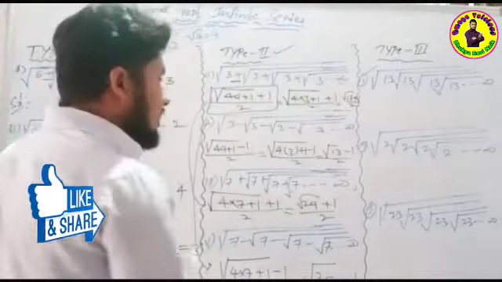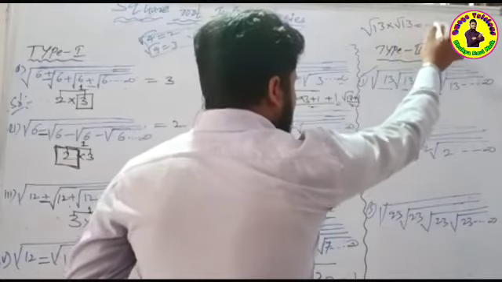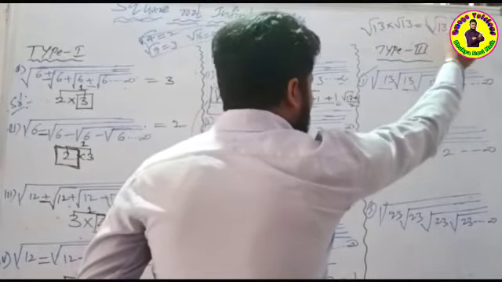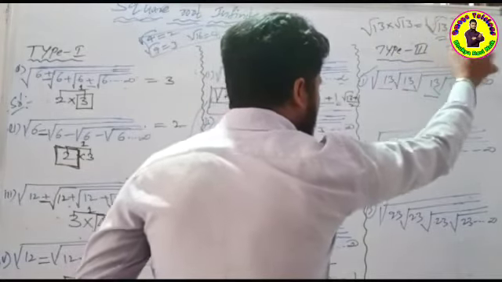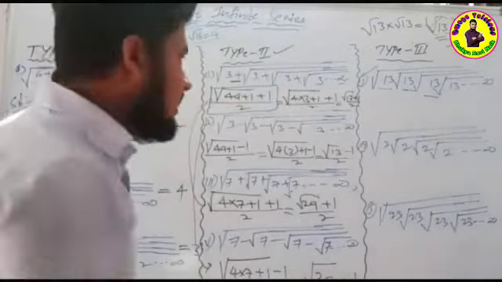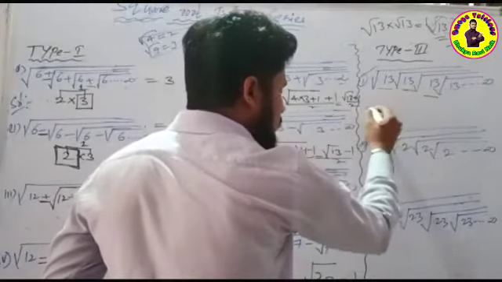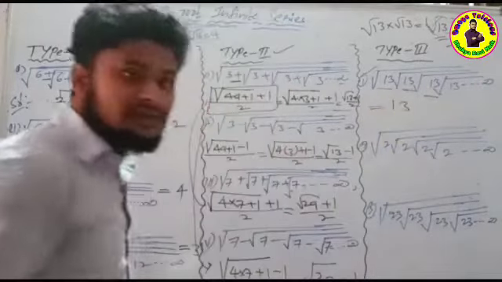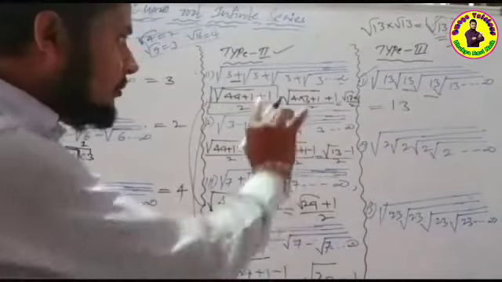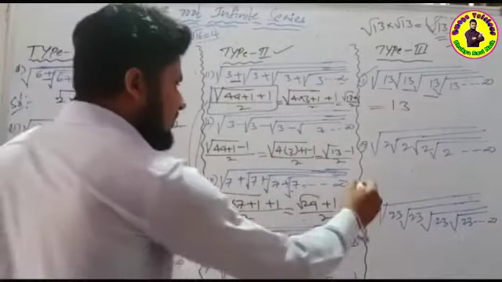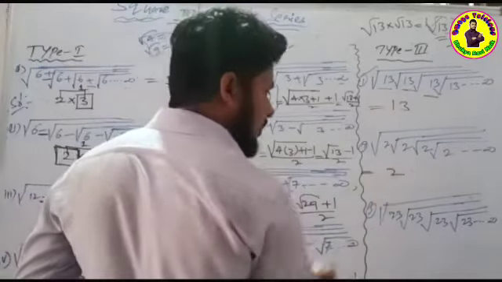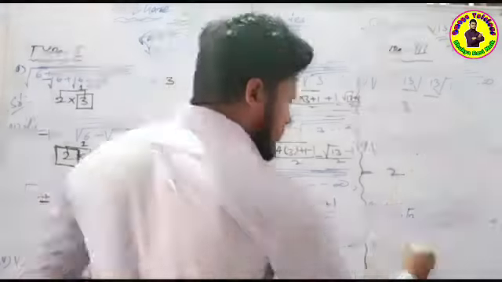Whenever, as you already know very well, root 13 into root 13 is there, for example, then we take root 13 whole square. The square and root cancel, then the answer is how much here? 13 only. Like this, the same here also, root 13, the solution is directly 13 only. Whenever multiplication is given, that number only is the solution. And here also the same answer. Here the answer is 2, here the answer is 23.